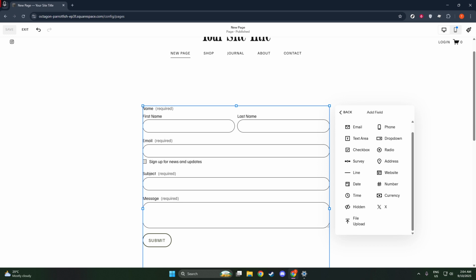With the form fields all set up, your next step is to determine where the form submissions will be sent. Under the Storage tab, you can configure where you'd like to store this information. You have a variety of options like email, Google Drive, or MailChimp, depending on how you plan to manage the registrations. For example, selecting email will send each new registration directly to your inbox, whereas integrating with MailChimp might streamline